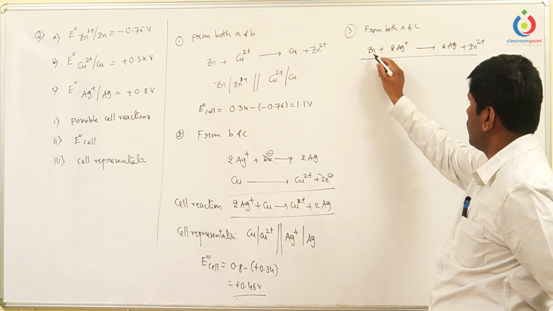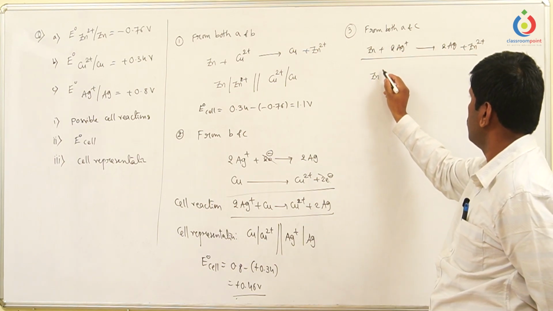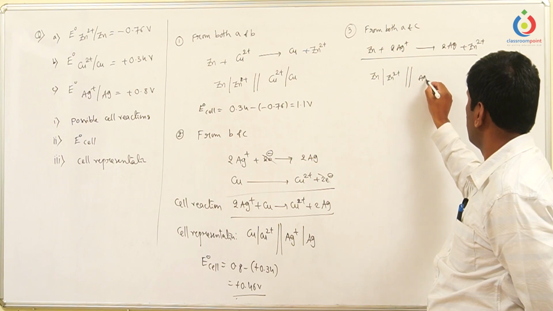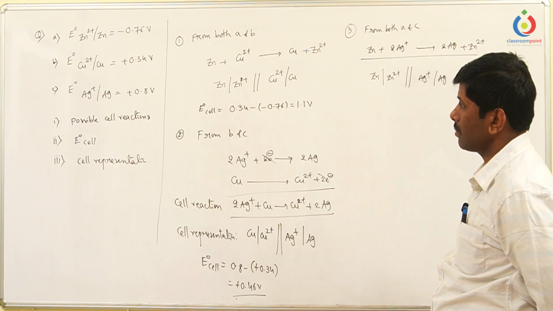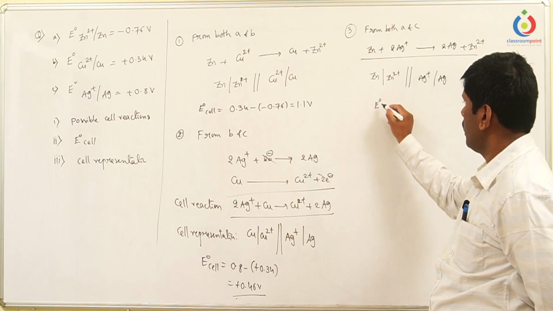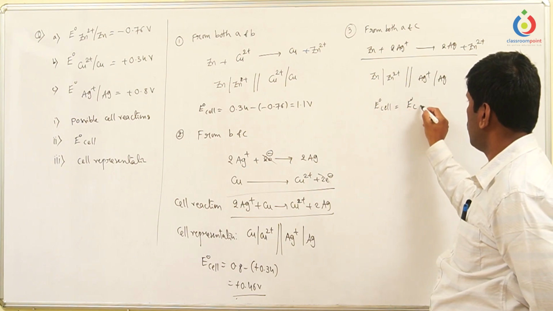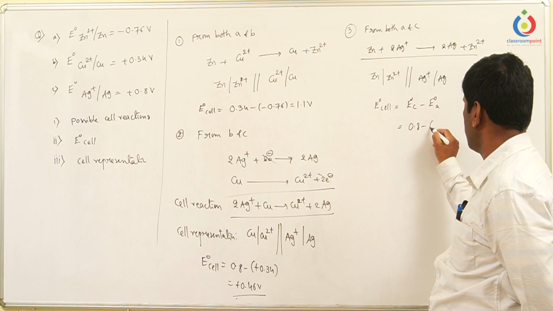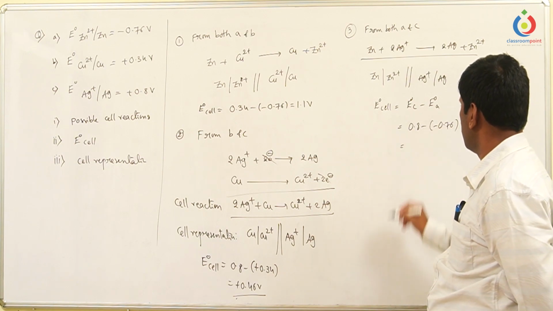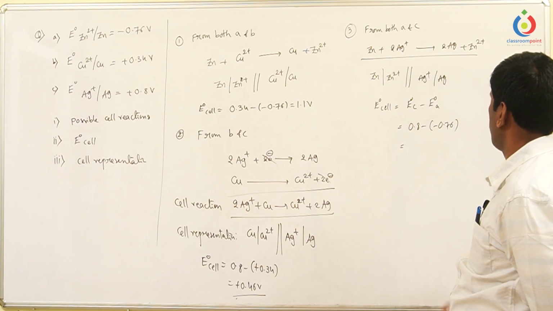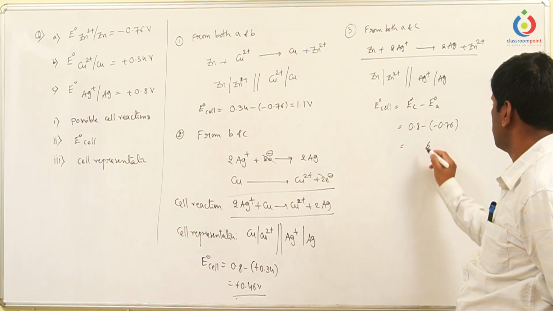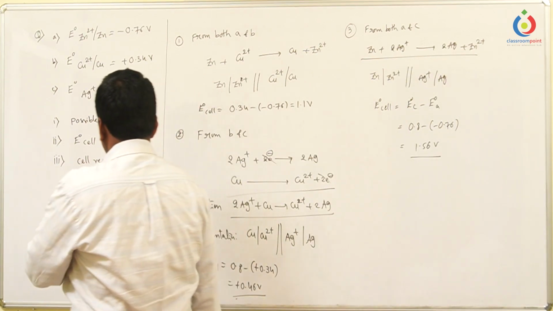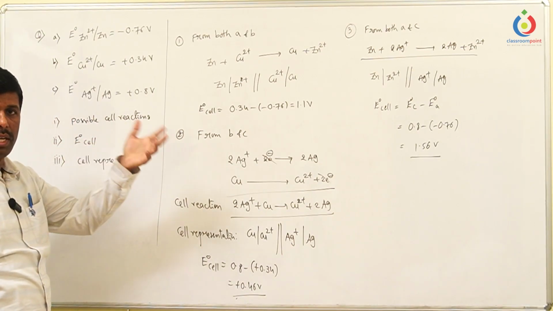Then how to write down the cell representation? Oxidation part first: Zn | Zn2+, and the reduction reaction Ag+ | Ag. Cell representation is over. Then E0 cell. E0 cell is nothing but E0 cathode minus E0 anode. Cathode is 0.8 minus (minus 0.76), so this equals 1.56 volts. So from this, without solving the entire thing, if they ask which one has the highest E0 cell,